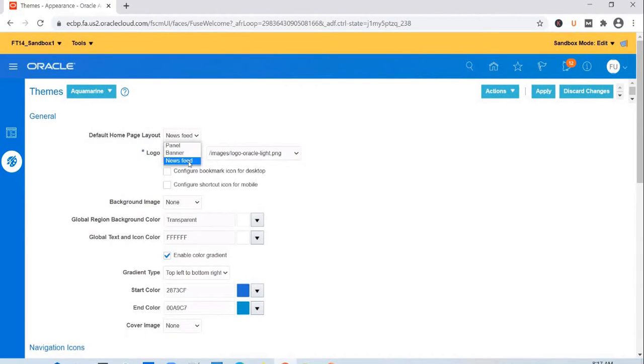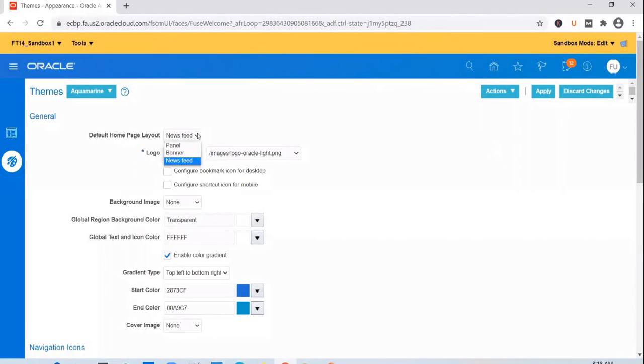So you know how the newsfeed looks like, right? You have the icons showing up, you have the modules showing up, and when you click on any particular module, the general accounting or receivables, you will see the work areas available under that. And you have an arrow mark, and you keep clicking on it to go to the other work areas. So the problem with it is if I have to go to a screen like, say, schedule process, I will have to click on that arrow mark 4 or 5 times. Only then I get to see the tools option, right?